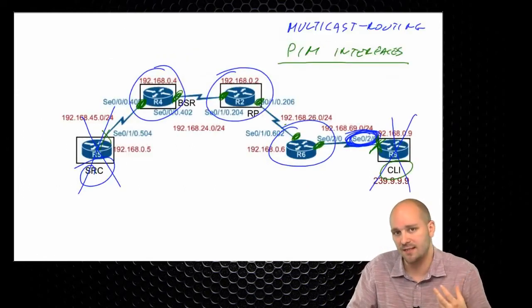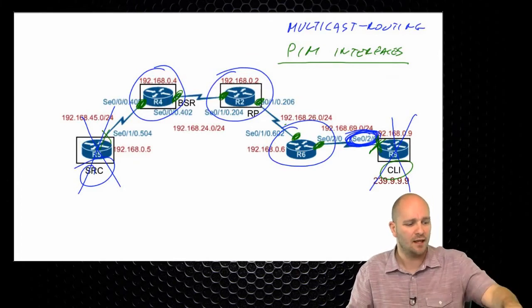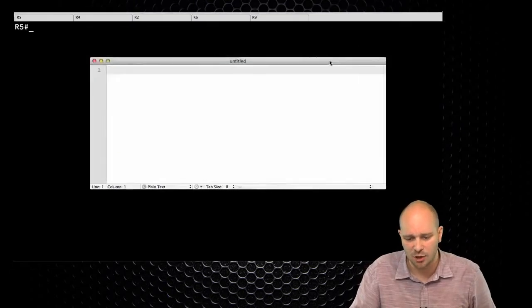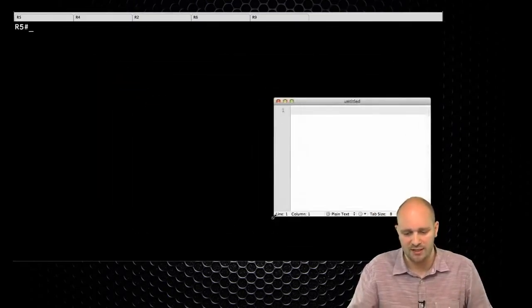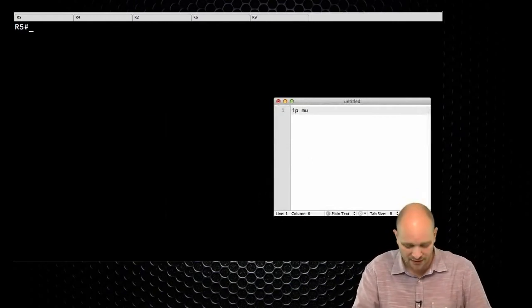And this is the mindset that I would like you to have when you go to the lab, that multicast is actually an easy thing to configure. And it is not actually that complicated. So let's start with our configuration. I'm going to start by enabling multicast routing where it needs to be enabled. So I'm just going to say IP multicast routing